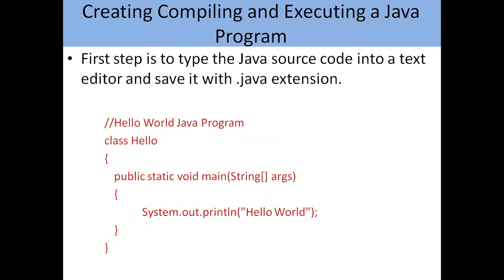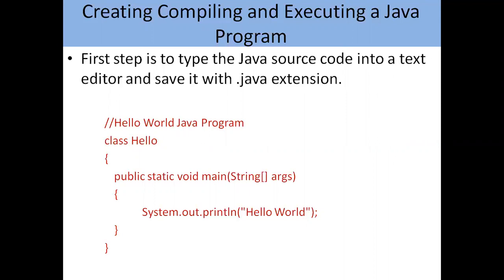Okay, and the next line is system.out.println. It's normal in a program to do computations like reading data from the user and printing the results. Reading data from the user in the console window is the standard input. It means the system is reading some input and we are providing input through the keyboard. This is standard input, and printing or writing data in the console is called standard output. If it is displaying something, it is called standard output.